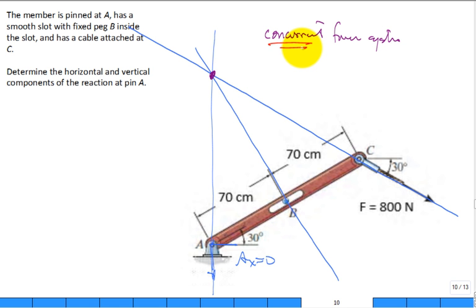So what you could have done to solve this problem is you could have made that observation. Now, maybe it's not that easy to make that observation, but that, oh, it's a three-force member. They're going to be either all three forces are parallel, that's another problem we'll solve, or they're a concurrent force system. Okay. So if I go back and I look at this point right here, it's as if I have an 800 Newton force translated back there,